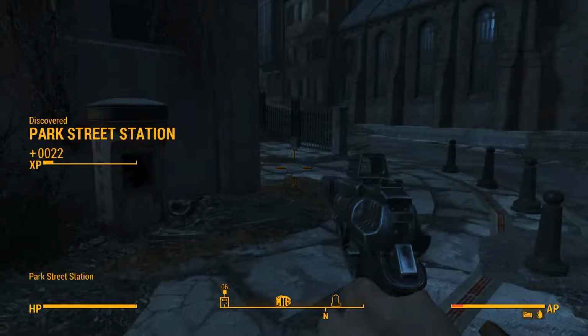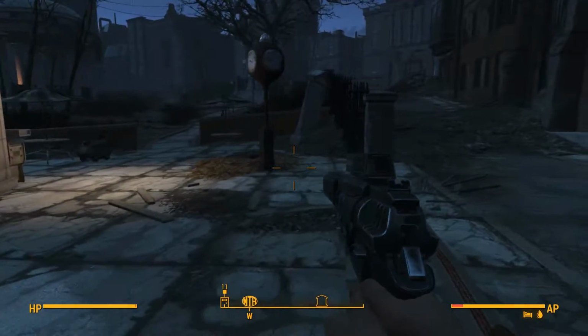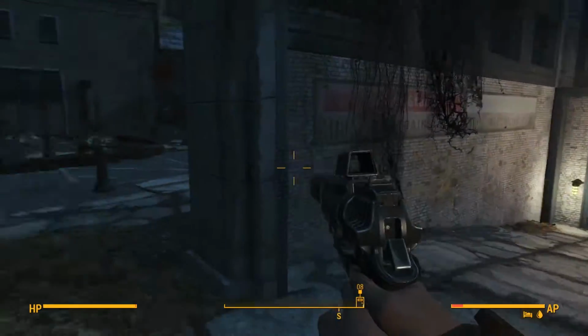Oh, Park Street Station, where I'm at. But yeah, even if you don't find all the little plaques, you can easily guess what the word you need to know is. So, yeah, it's pretty simple. But, okay, so ignoring Swan...